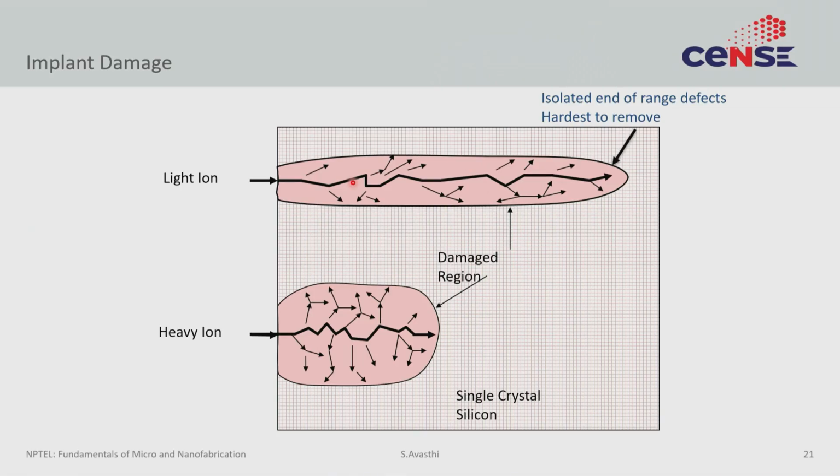So, for example, a light ion will go very deep, right, but it will create a slightly narrower looking shape. On the other hand, a heavy ion like antimony or arsenic would not go very deep, right, but still the energy is the same, right. So, the energy needs to be dissipated, so all that energy that must be dissipated is concentrated over a smaller depth, so it must have a larger area. So, that is what is happening here. The successive collisions will be the silicon collisions, and the dislocations will be higher in the case of a heavy ion than a lighter ion. So, you end up getting a slightly larger damaged region.